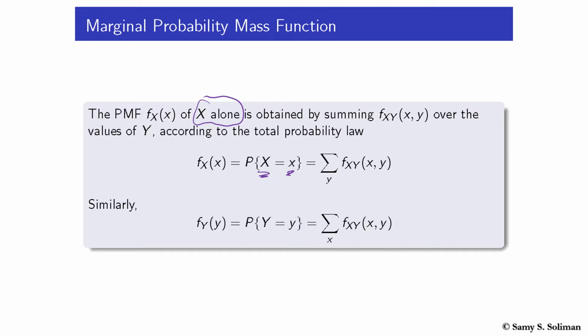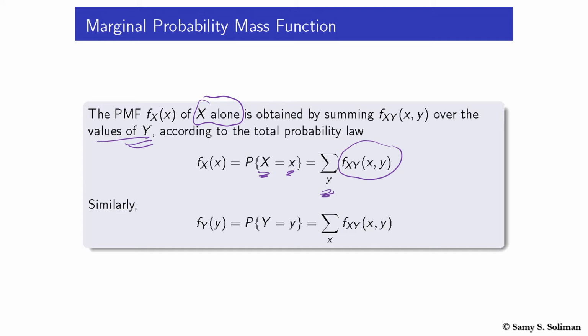So in calculating this, do we care about the value of y, the second random variable? We don't. So we want to calculate the probability that random variable x takes a specific value small x irrespective of the value of y, which means taking into consideration all the possible values of y. That's why when we calculate such a marginal probability, we have to sum the values of the joint distribution or the joint probability mass function over all the values of y, because for us the probability that random variable x takes a specific value is